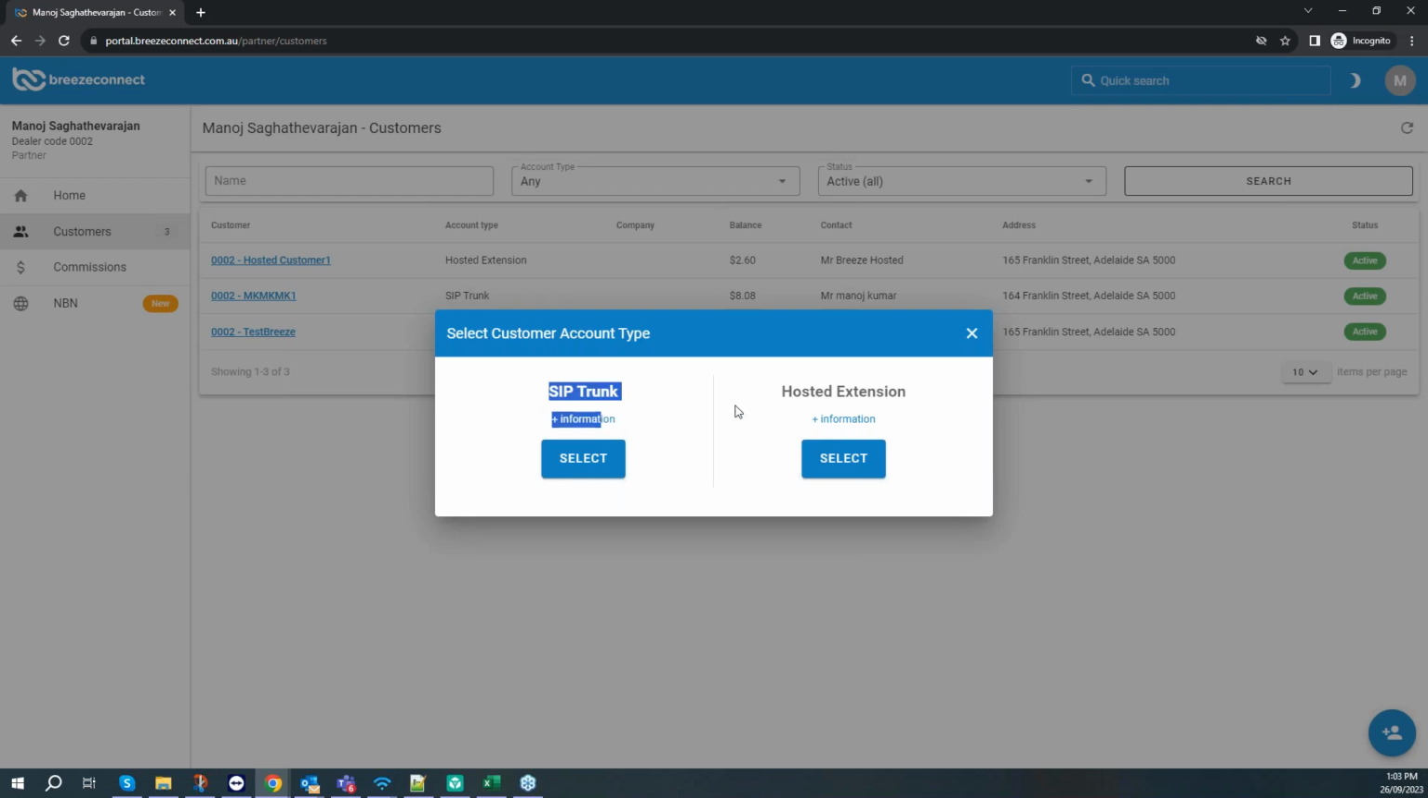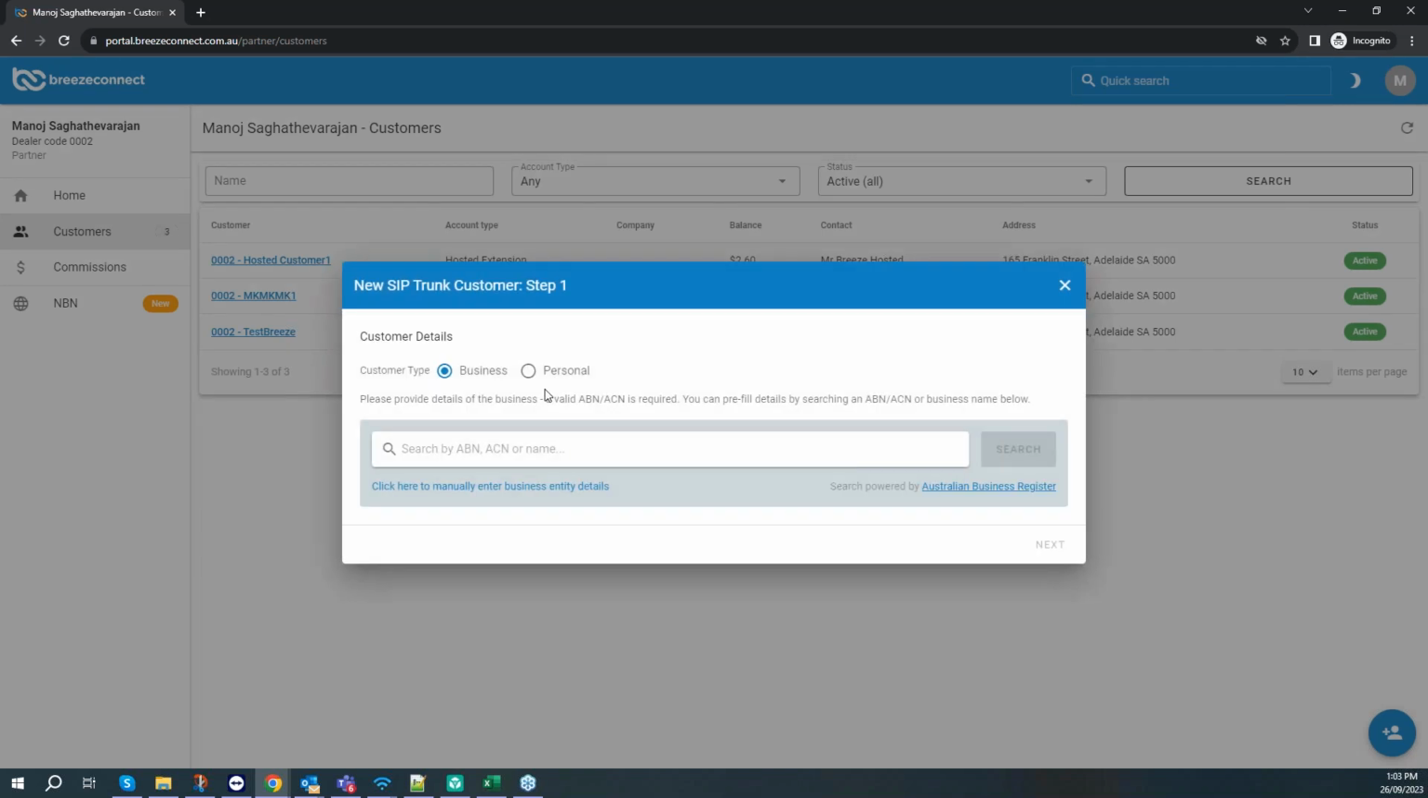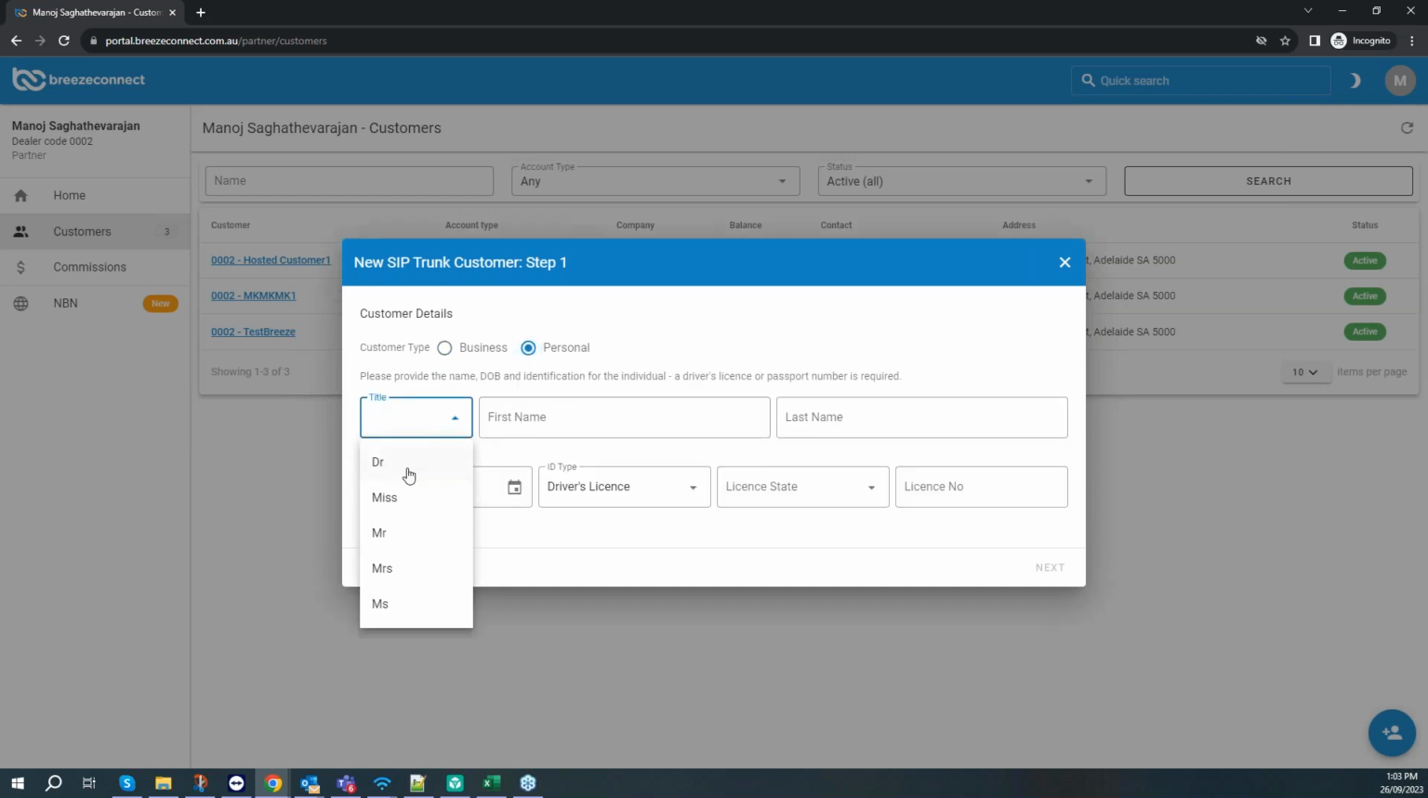And we also have our own hosted extension. I'll show you around that later. So let's say you want to create a SIP trunk customer. You select, and you can create a customer using the ABN search, or I'll click a personal one. So let's say